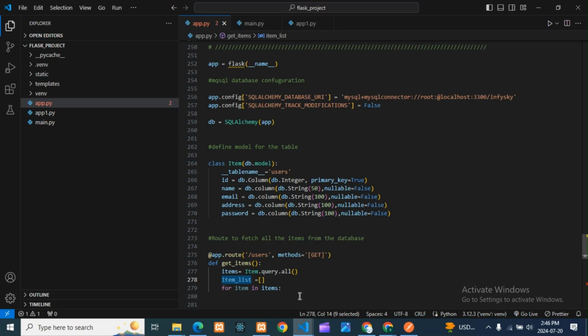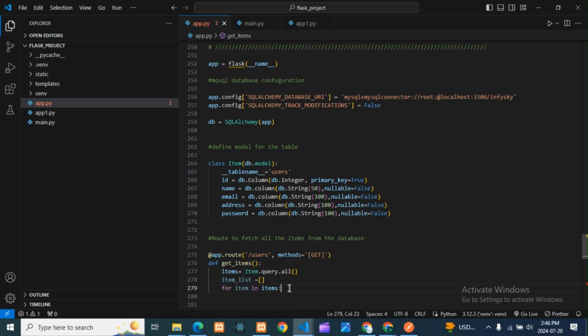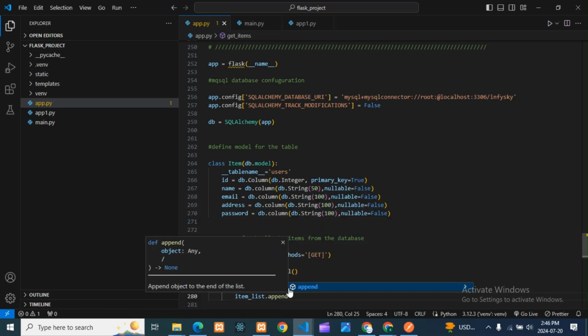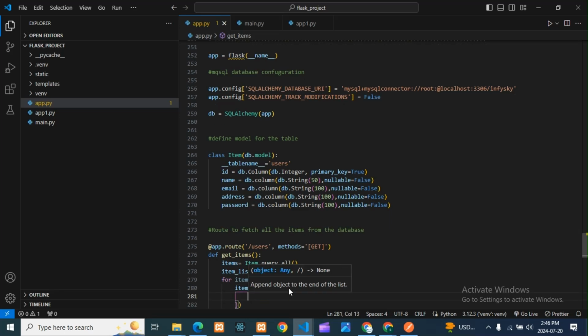So for that it will be item_list.append, and here the data I am going to append will come.